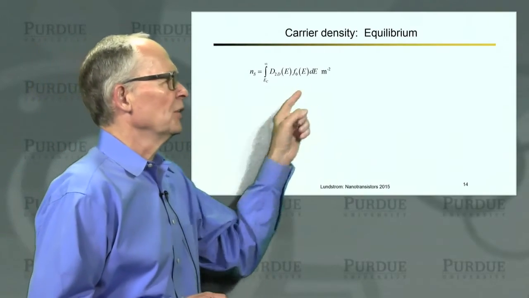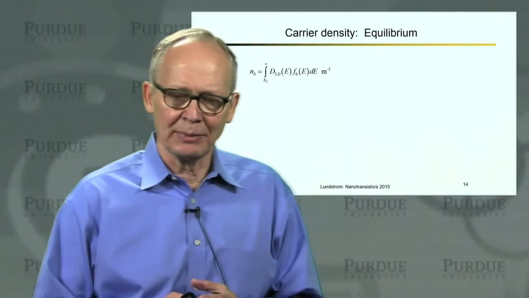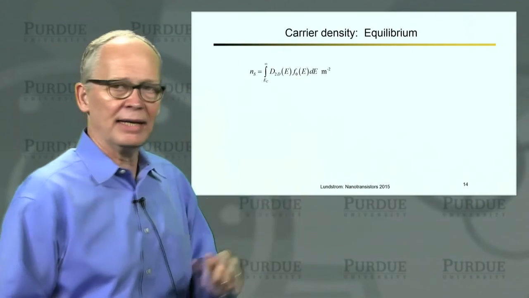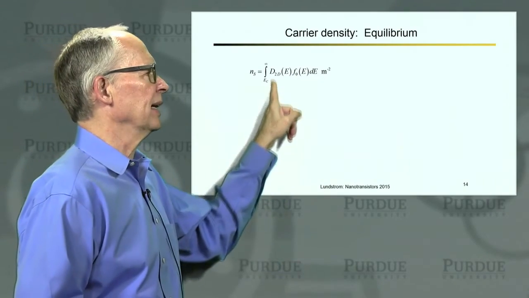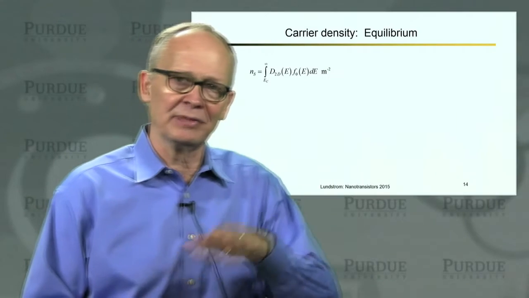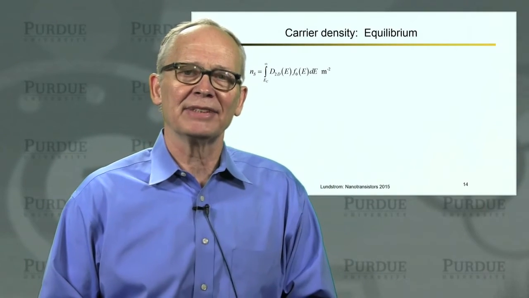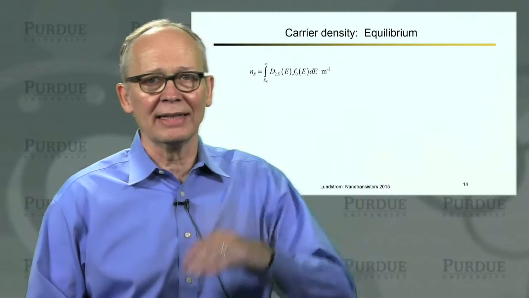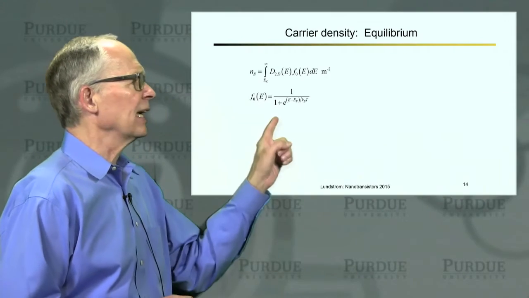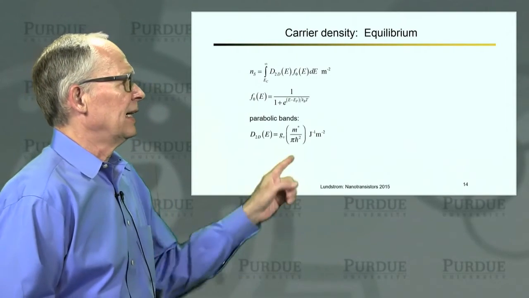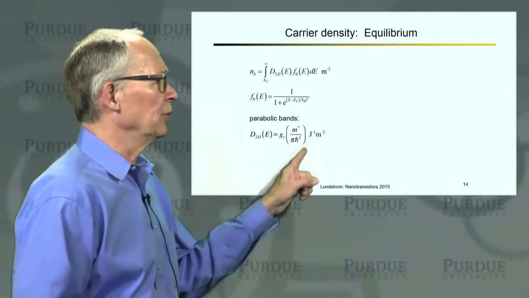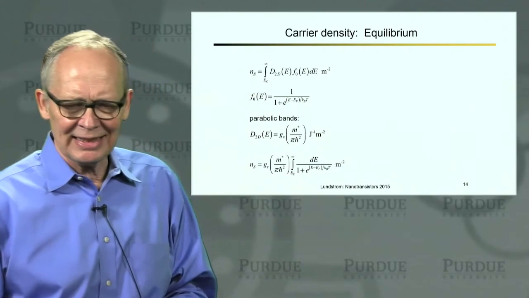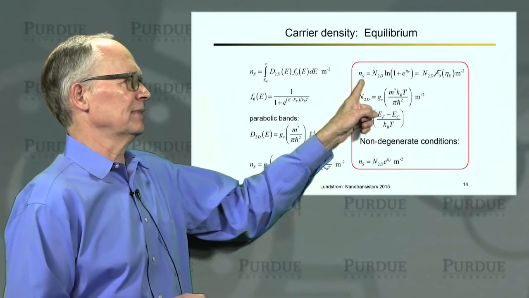Well, you remember, the way we would do that in a large semiconductor is we would integrate the density of states times the probability that the states are occupied, and we would integrate from the bottom of the conduction band, usually to infinity, because the Fermi function will make sure that the probability of states being occupied decays to 0 rapidly, and we don't have to worry about what goes on at the top of the conduction band. Okay, we know the Fermi function. If we assume parabolic energy bands, then we know the density of states in 2 dimensions. There's an integral that we have to do. It's a little bit complicated, but it's not that bad.